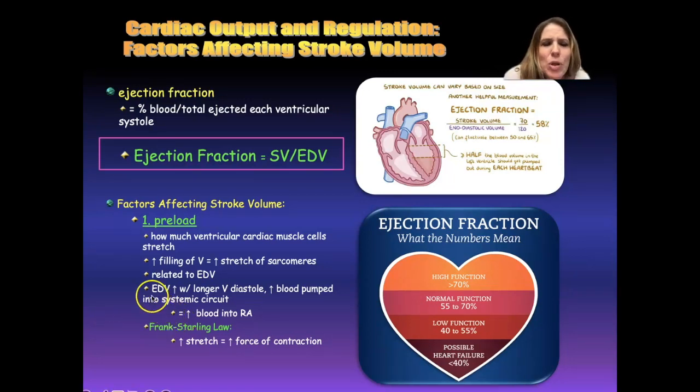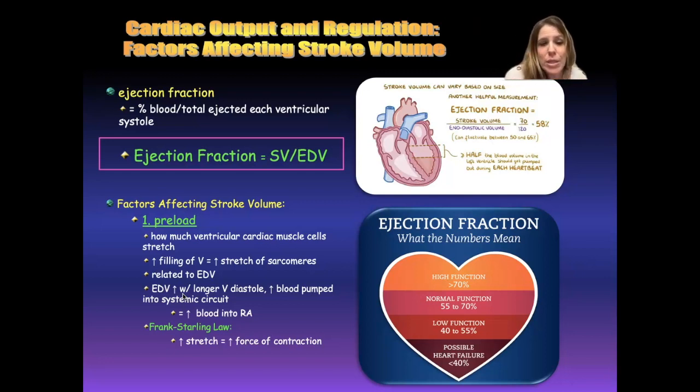So your end diastolic volume, in other words, the amount of blood that can be held by that ventricle, is going to increase the longer you stay in diastole. So the longer it stays relaxed before it contracts, because obviously more time means you can get more blood into there. And also, the more blood that was pumped into the systemic circuit through the aorta during the previous contraction